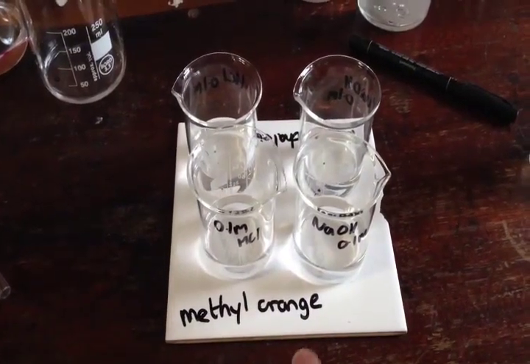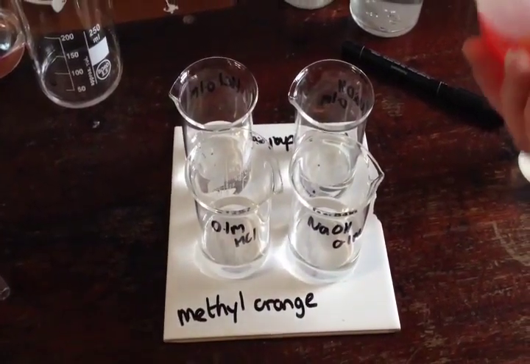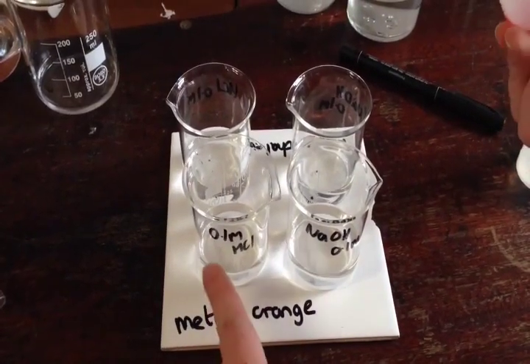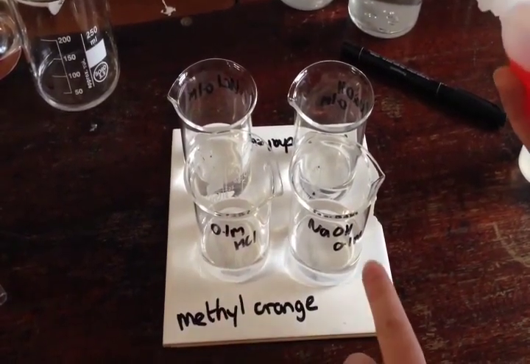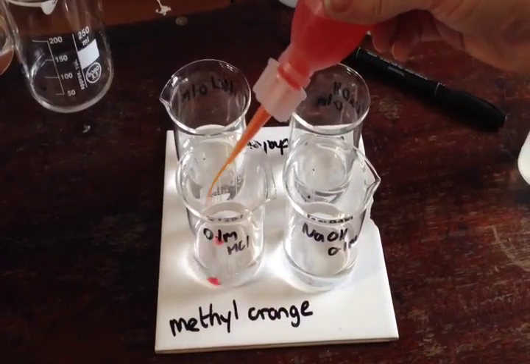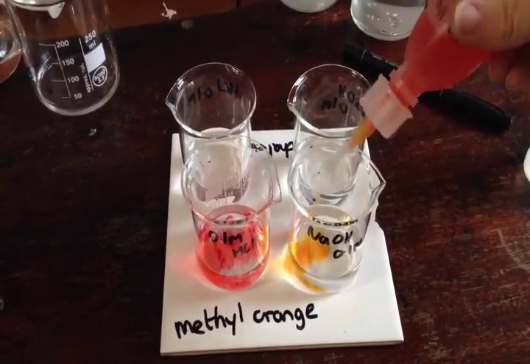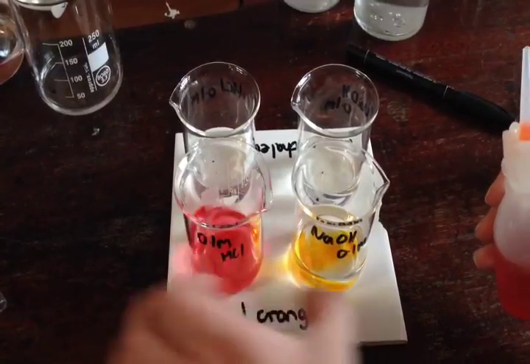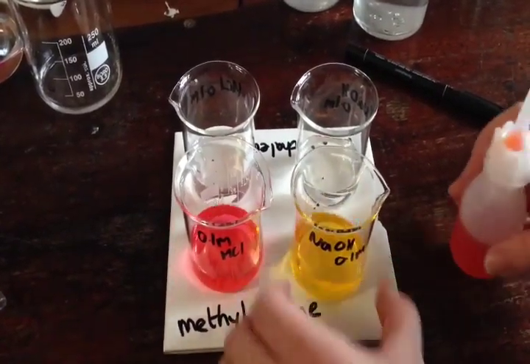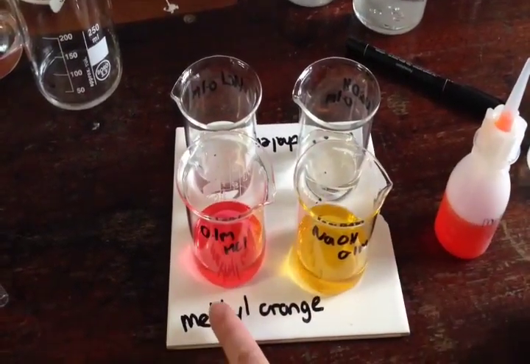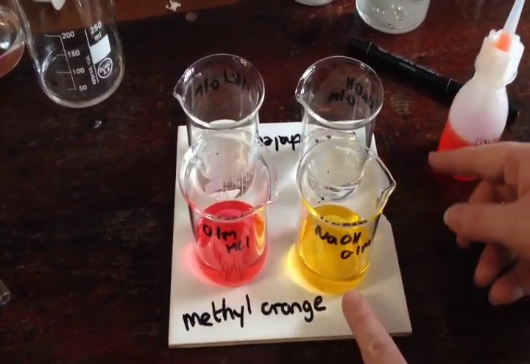Here we have two indicators, methyl orange and phenolphthalein. Let's understand acids and bases by using these indicators. First, let us add methyl orange to the hydrochloric acid. You can see the first change: the hydrochloric acid's color turns to pale red. The base sodium hydroxide has a color of golden yellow.